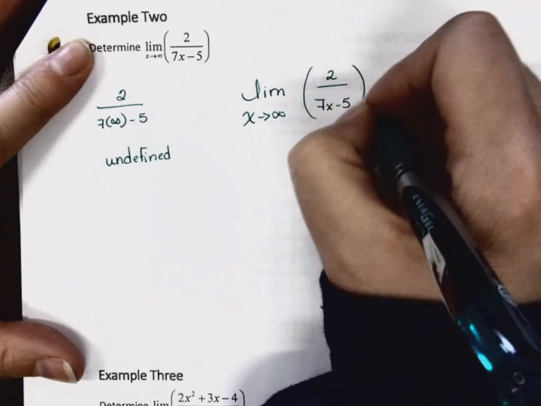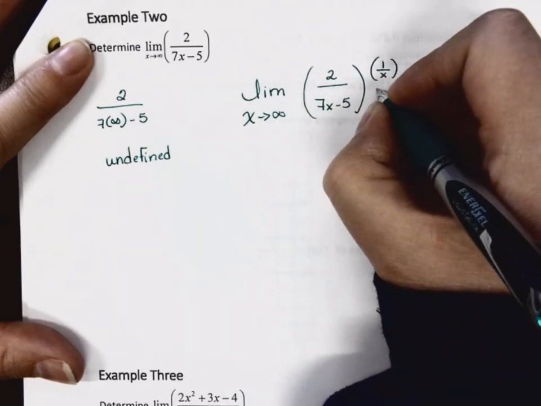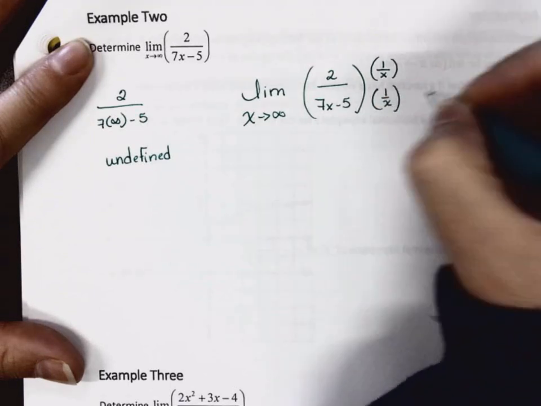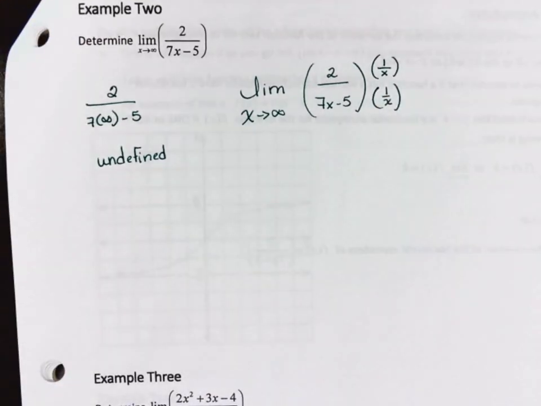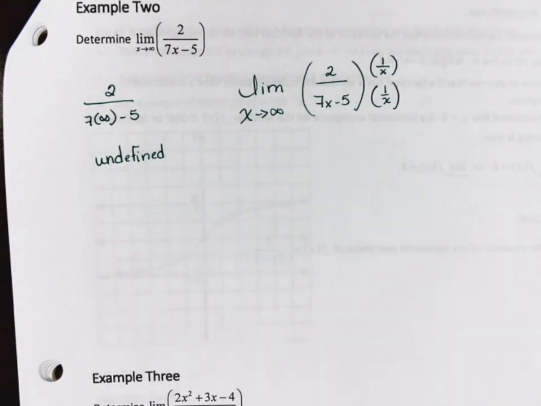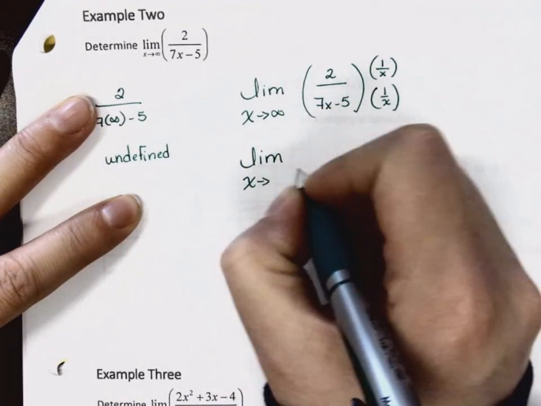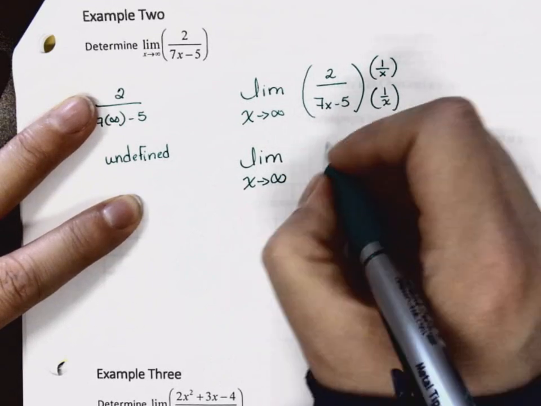I'm going to times the numerator by 1 over x, and I'm going to times the denominator by 1 over x. The reason why I'm doing 1 over x is because we know the limit as x approaches infinity of 1 over x is 0. So that's always going to be the thing I use. So if we multiply that through,